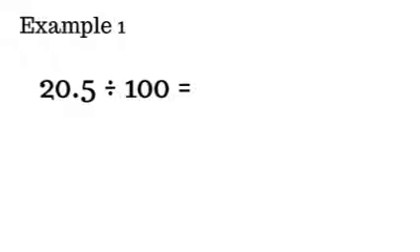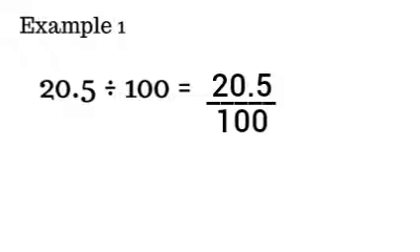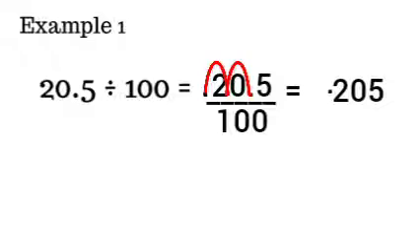20.5 divided by 100. This can be written as 20.5 over 100. Because we are dividing and 100 has two zeros, we will begin from the decimal point and count 2 times to the left. We count 1, 2. So the point has moved from between 0 and 5 to the front of 2. So our answer will be 0.205, which can be written as